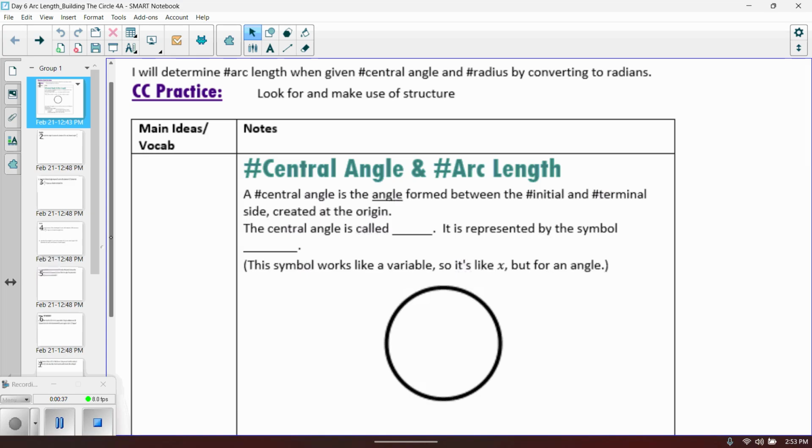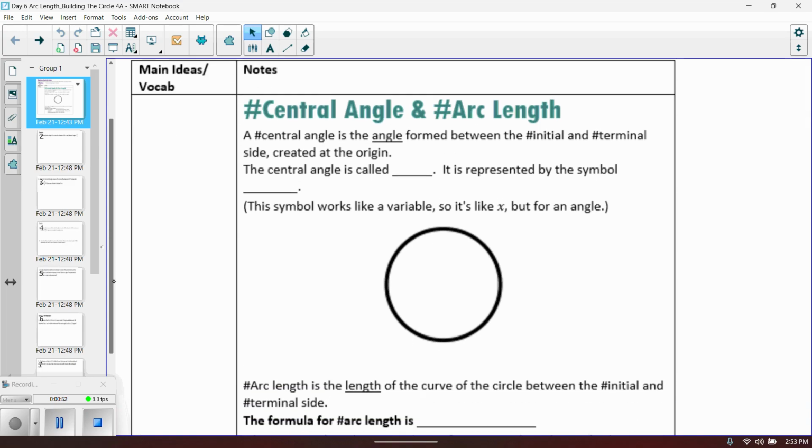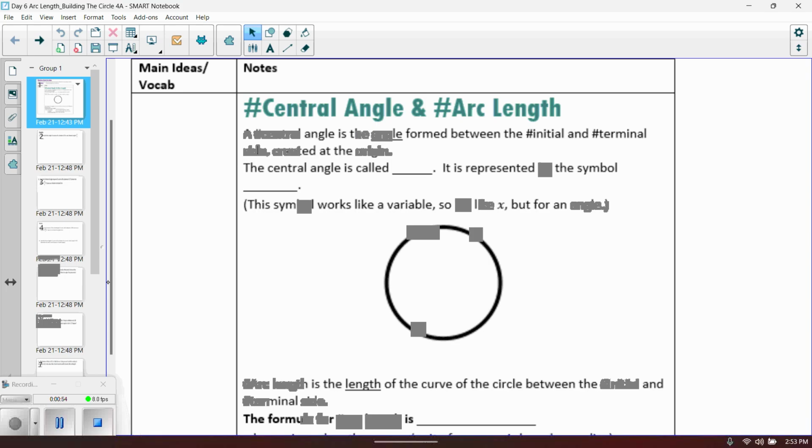We're going to be able to determine the arc length given the central angle and the radius, which you have to be given. But you also have to make sure that your central angle is in radians. That is going to be the important part. The formula is actually very, very simple. I'm sorry, for the arc length, it's going to be one of the easier formulas that you have. The biggest thing, again, is that you have to make sure that the information is given in the correct